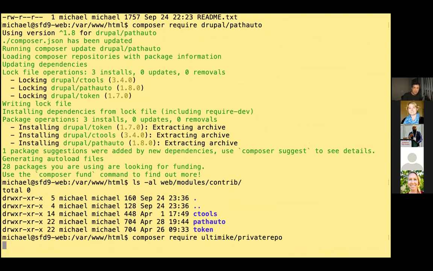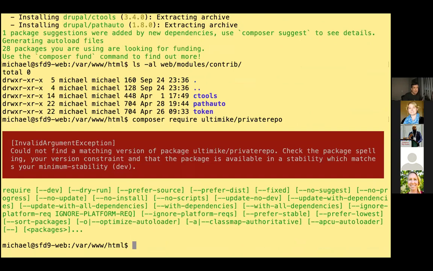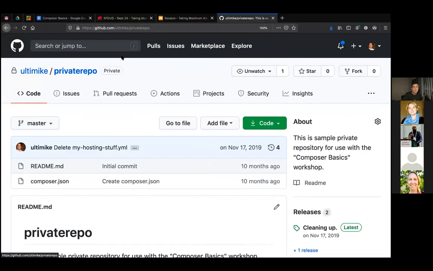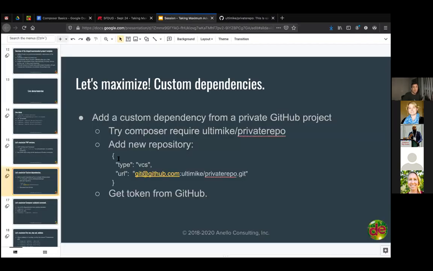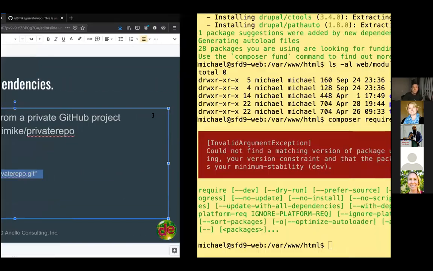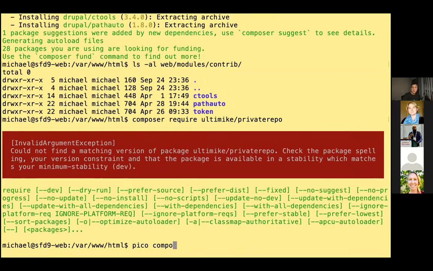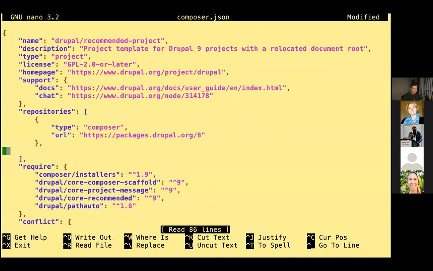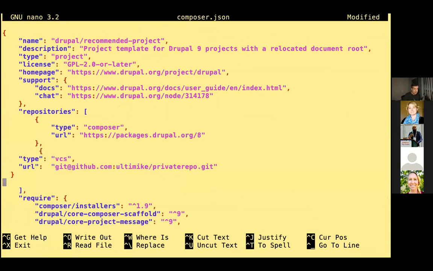not on Packagist. So Composer is going to be like, I don't know what you're talking about. Well, what you can do with Composer, and this is something, as soon as I learned this, I started using it all the time, you can add a new repository. So let's come over here and I'm going to pico my composer.json. I'm going to come down to my list of repositories. Make sure I put my comment in there, and then I'm going to do all my